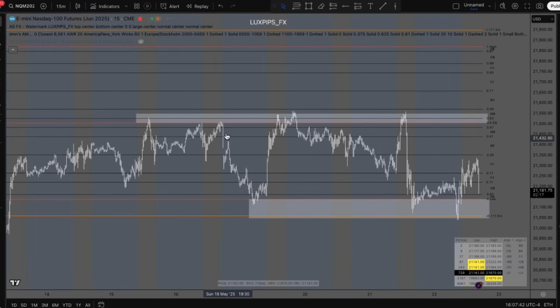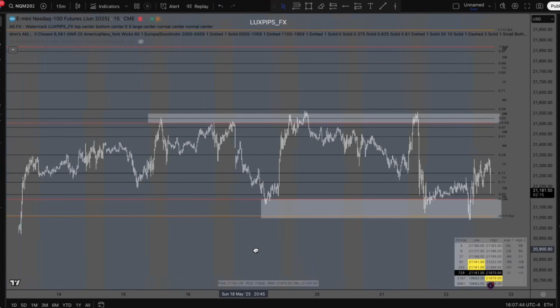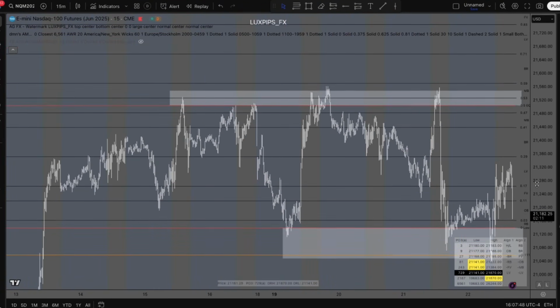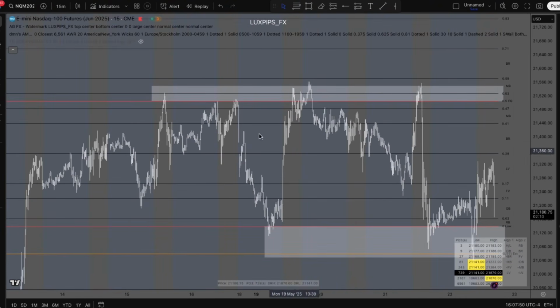This would have been a perfect trade right here. A lot of these would have. This is also showing why I recommend a lot of the new Goldbach traders to TP at the EQ. Because